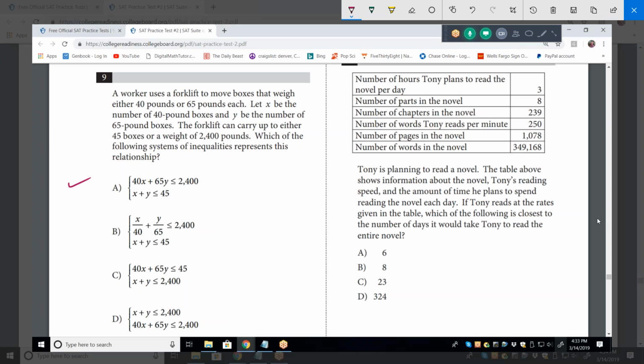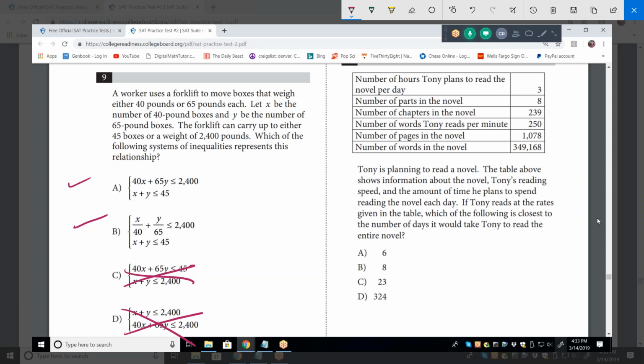And possibly C. Not C, B. In other words, the only information we're considering at this point is that the total number of boxes has to be 45 or less. Oh, I gotcha. So we can immediately rule that one out, and we can immediately rule that one out. Now, the rest of it is the forklift can carry up to either 45 boxes or a weight